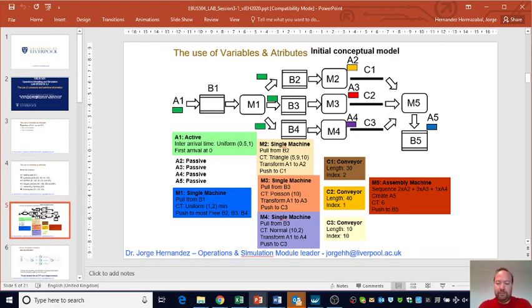We can see here that A1 arrives at B1, then M1 sends A1 to the most empty conveyor, B2, B3, or B4, and then machines M2, M3, and M4 create A2, A3, and A4, then send them to those 3 conveyors. M5, considering the sequence of 2 A2, 3 A3, and 1 A4, creates A5, which is sent to B5. We can see in those boxes all the cycle times as CT,